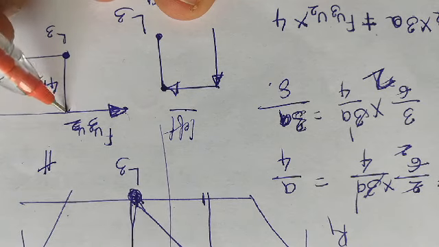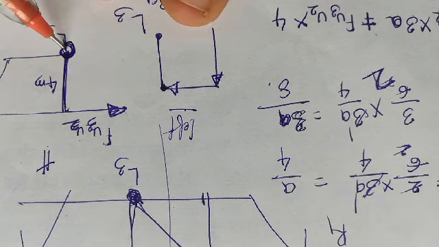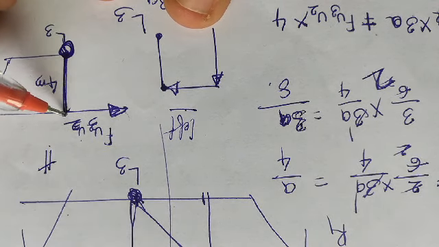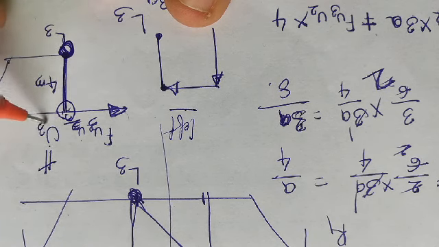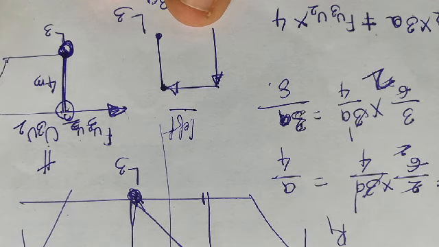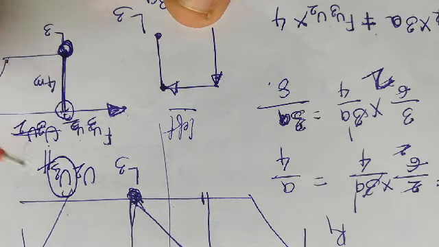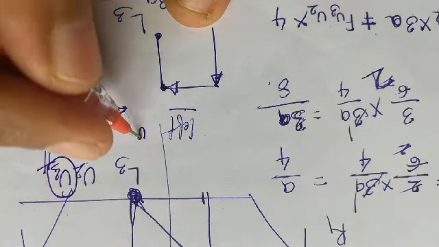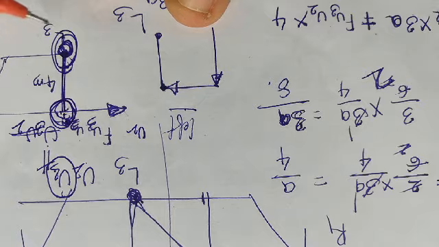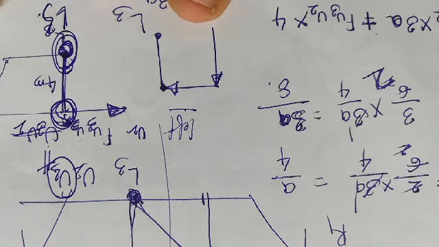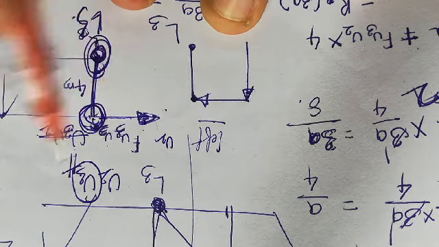how we calculate the influence line diagram is what? We use the moment equation. Moment, wherever we are calculating the force, exactly opposite to that joint. Now I am calculating force for U2 U3, wherever the member ends. It is ending at U3. So opposite to that joint, at that point I have to take the moment equation. So if I take the moment equation, I am assuming the force to be moving up, away from it.